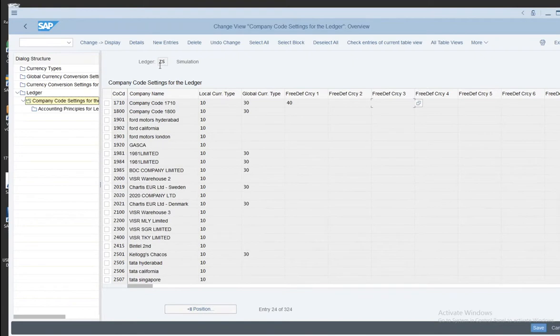So we assign this GS ledger for all these company codes, and we are using this. Basically, when we create a new ledger, the system automatically assigns it to all the company codes, and there is a way to deactivate for some company codes by giving the date, and like last session we discussed that. So we are not going into that now.